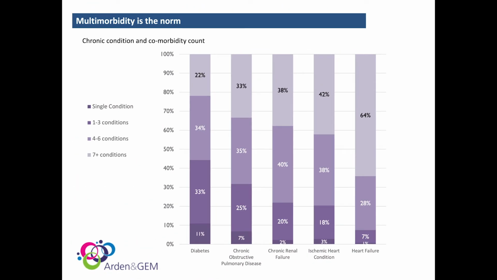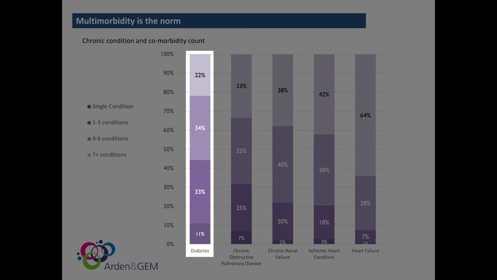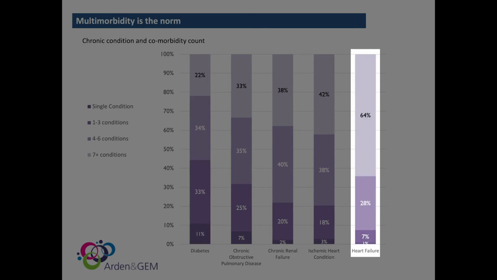So this is another report, this time segmenting patients with chronic conditions. We knew that many patients had multimorbidity, but we hadn't realised the extent to which if you have a chronic disease, it's very likely you'll have more than one. So here there are very few patients with just one chronic condition, and the chance of having more things wrong is different with different conditions. For example, only 11% of diabetics have just diabetes, 22% have 7 or more chronic conditions. And if you look for heart failure, it's 1% and